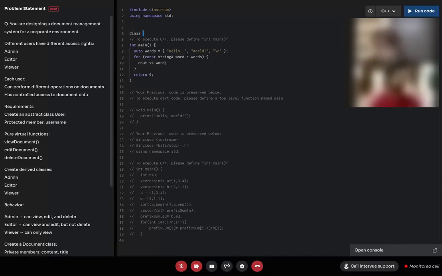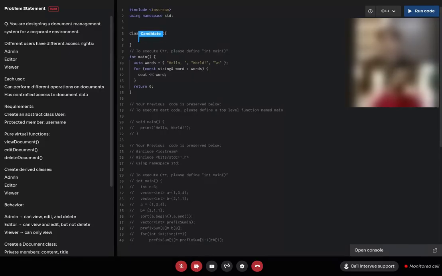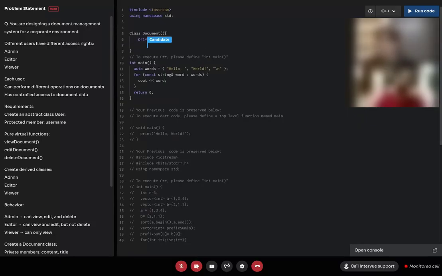What is the class name again? Document. Class document with private members as content.